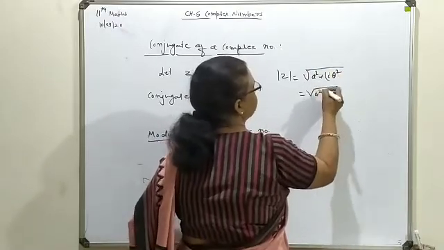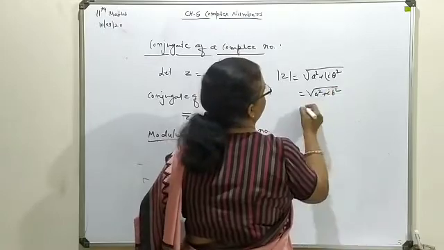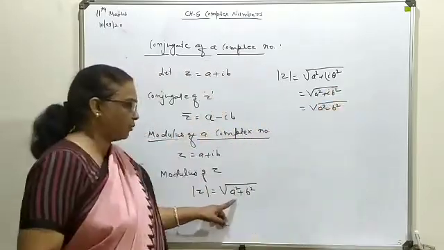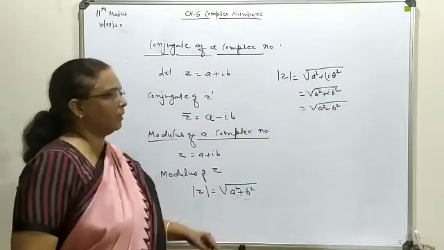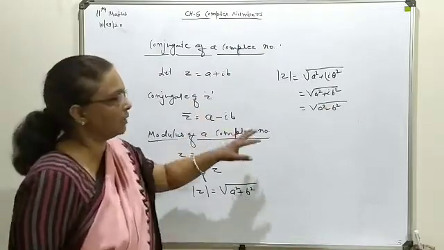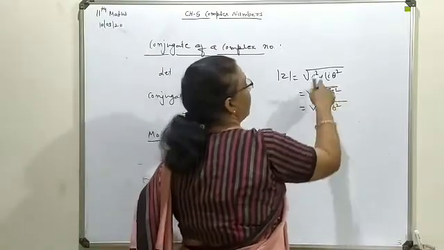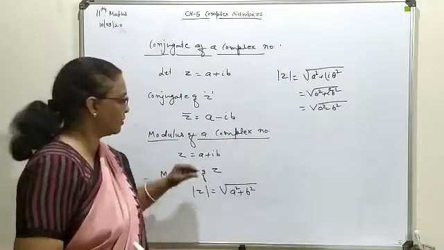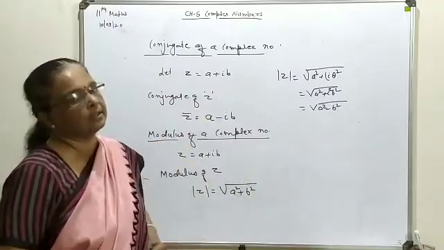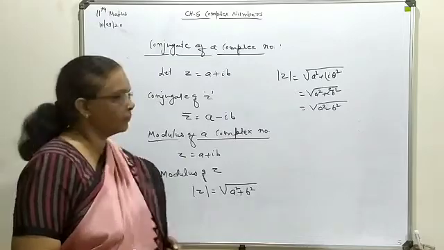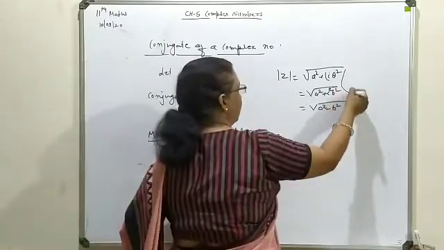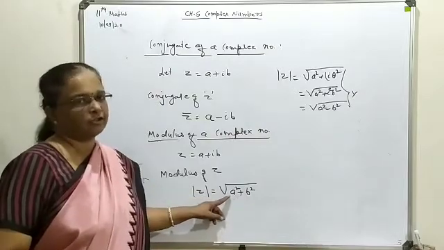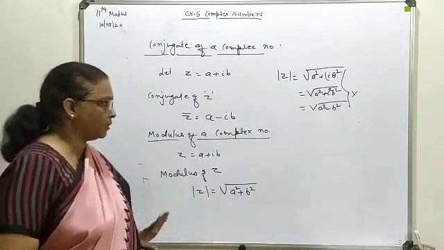You can check what difference you are having in the answer form. The actual answer is a square plus b square, but normally students write it this way. So please take care of this matter. Don't write the multiple of iota with the plus and minus sign; only the coefficient you have to consider as the second term. So please don't write this way. Follow this formula or relation to find the absolute value.